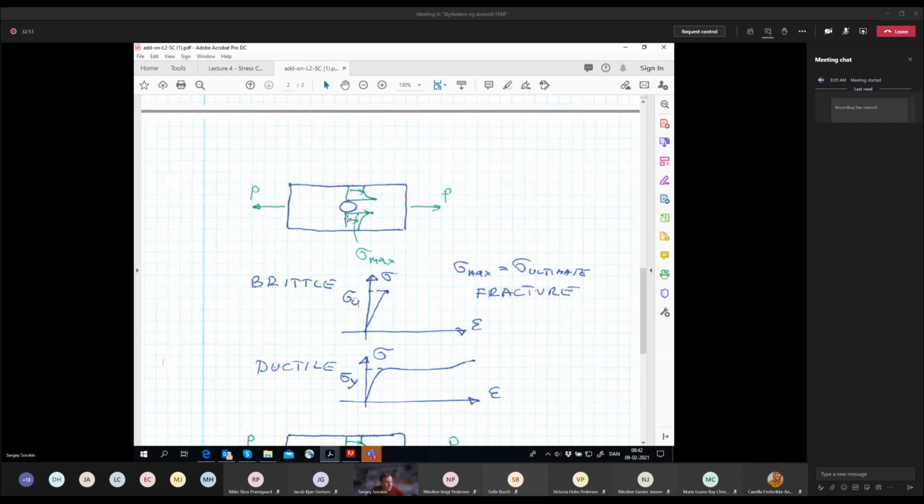If we have this hole and we increase the force, then of course we have an increase in this maximum stress, and then as soon as this maximum stress attains